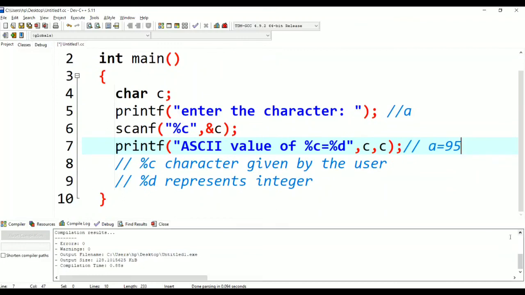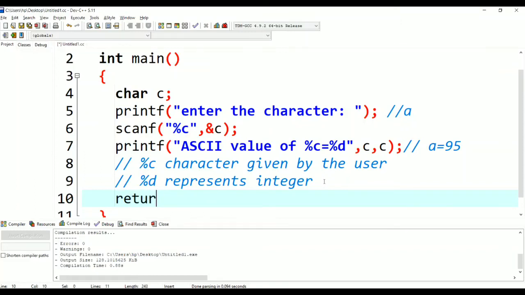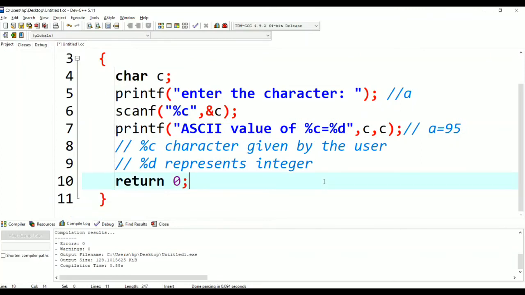At the end, I am going to give return 0. Why? It's a success status. When I give int main, I am going to give return 0. If we do not give this, some compilers will run and some compilers will not.